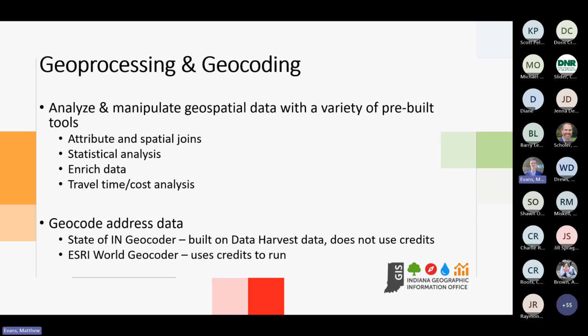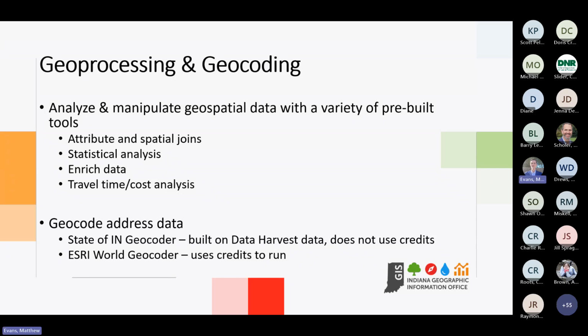So the ArcGIS Online license also grants you access to a variety of different geoprocessing tools, and we have a couple of different geocoding options that we offer centralized within this ArcGIS Online organization. I wanted to note 4 different geoprocessing capabilities that come out of the box that I thought might be of interest. So you can join data from one data set to another if you have a common ID through attribute joins, or if you want to summarize information or join information to another data set based on its spatial location, ArcGIS Online also offers spatial joins